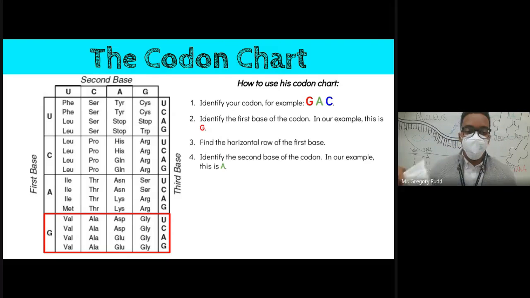So now we're looking at the top where it says second base, or for my students in person, your physical copy says second letter. We're going to look at the second letter, and it is A in this case. So now we're only looking in that column. Now, keep in mind,